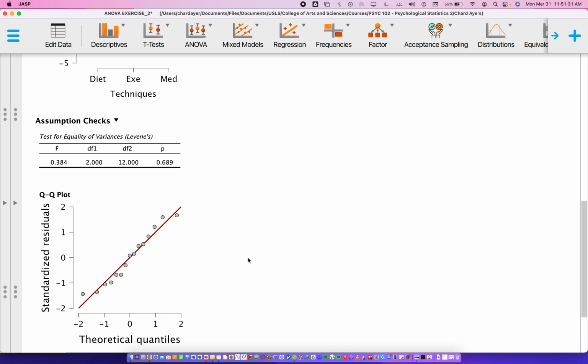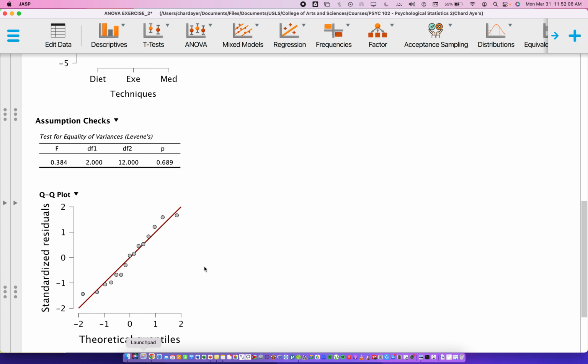Okay, or the variances of the populations. So one thing to check that is using the Levene's test of homogeneity. We can see that the p-value is 0.689, indicating that there's no violation in the assumption of variances. Why is that? Because the null hypothesis is the variances are equal in the population. So if it is rejected, we conclude that there is a violation. Since the null hypothesis is not rejected, and that's what we want, there's no violation in equality of